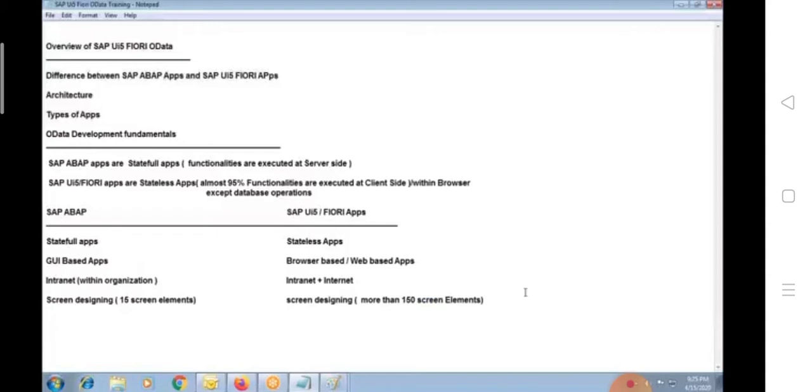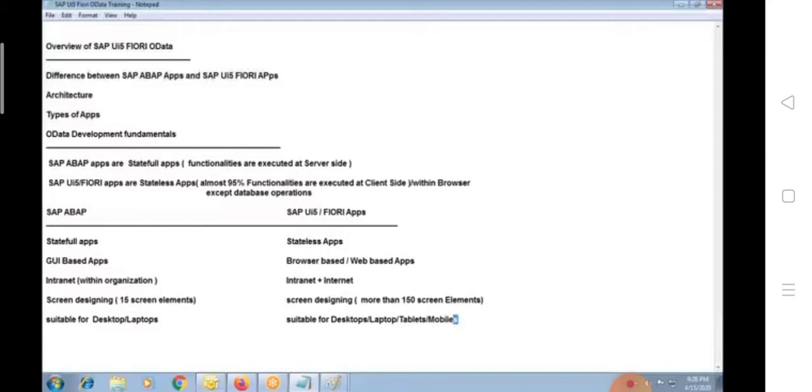Not only that, ABAP applications are suitable only for desktops or laptops, but UI5 Fiori apps are suitable for desktops, laptops, tablets, and even mobile devices.